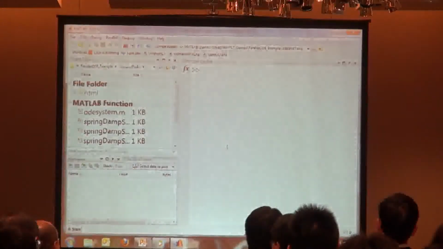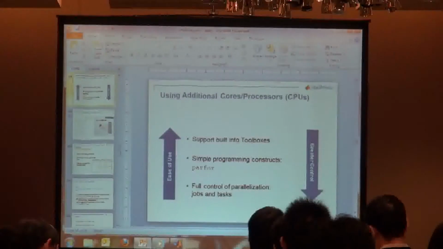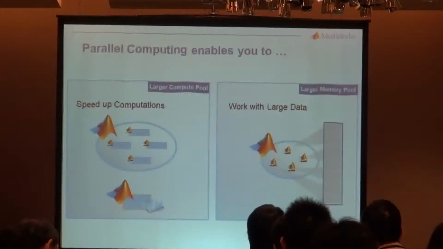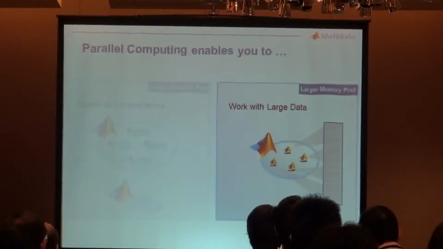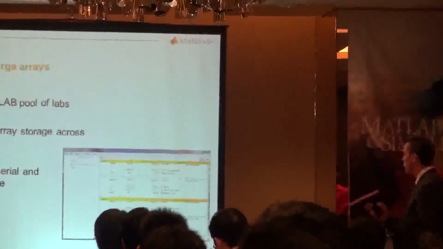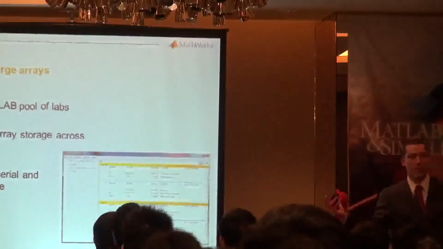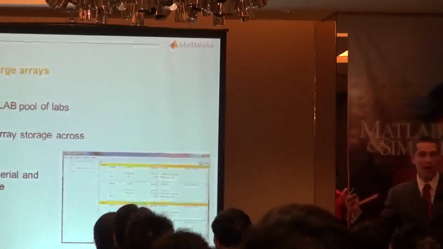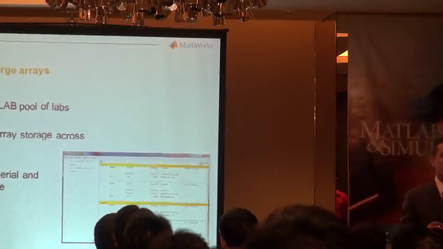So, talking about that, I'm running short on time, so I'm just going to highlight the capability. I'm using MATLAB for large data. This is that out-of-memory error. You can interactively open up a pool of MATLAB labs and start to create distributed arrays. An array that is so large you would have gotten an out-of-memory error on your computer can now be stored on two computers. But as far as you're concerned, it's just variable A, just as if it